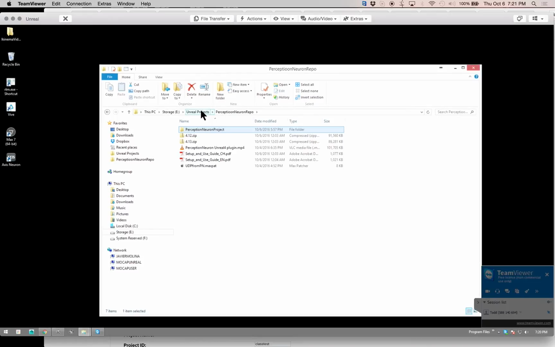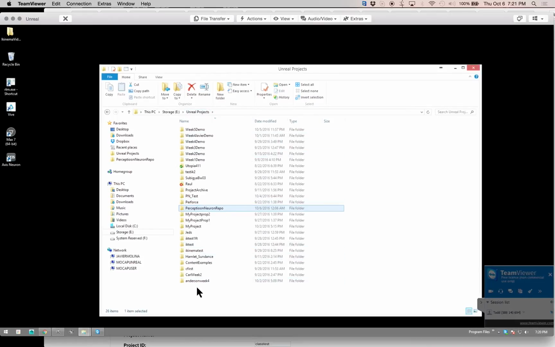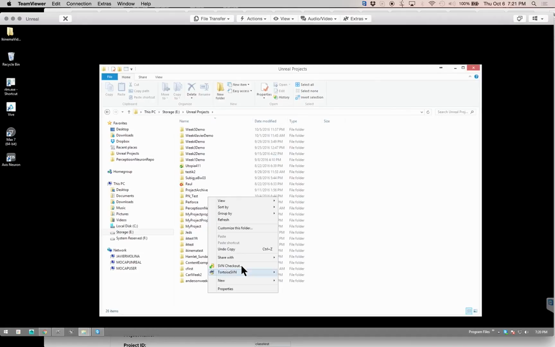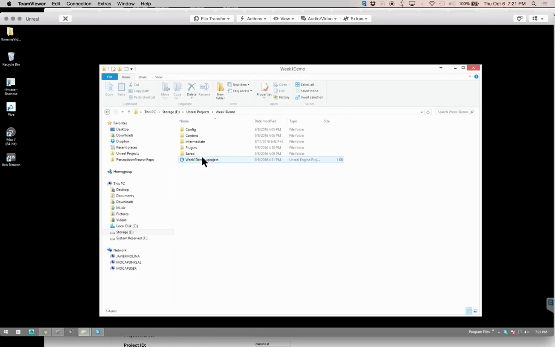So once I install Tortoise SVN, you see that I now have a context menu here. It says SVN Checkout, and then I have a Tortoise SVN menu with a lot more options. I can create a folder, or I can just go into one of my projects, like my week 1 demo. I wonder if that's going to be a lot of crap. Doesn't matter. Week 1 demo, and I can say